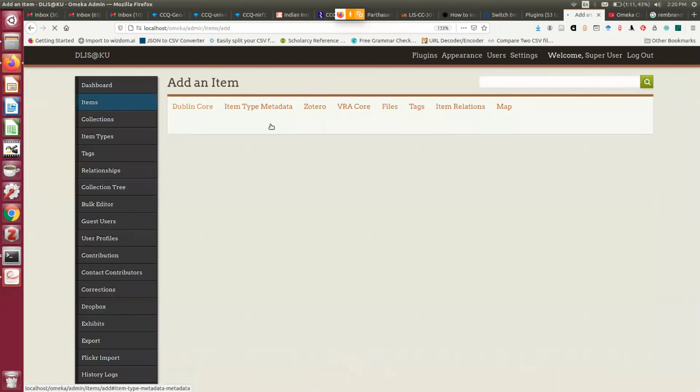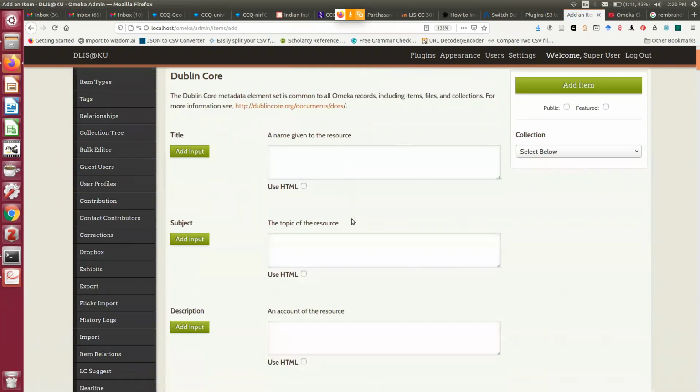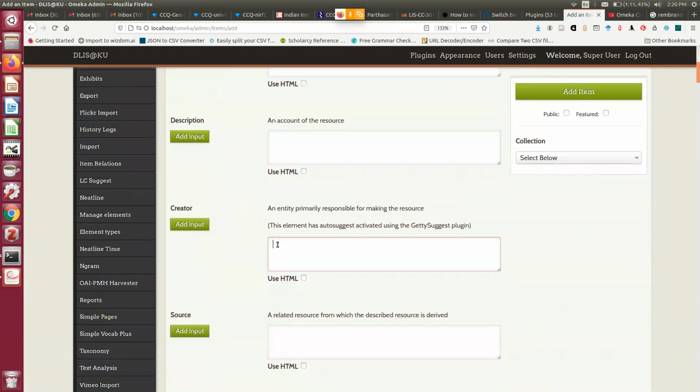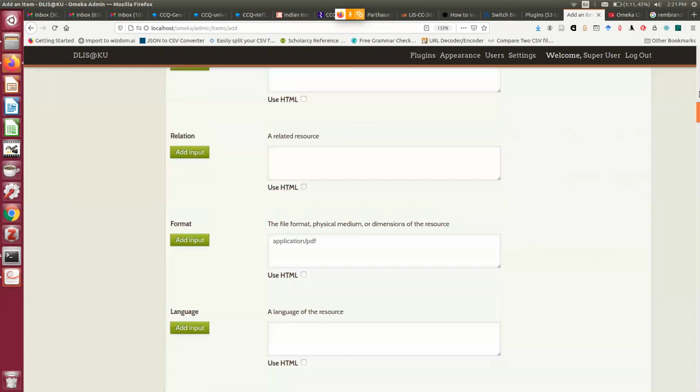So if I come to item again, add an item. Now Dublin core, DC dot creator. Now suppose I am searching by Picasso again. You see here also it is trying to make a query. Now finally it gives me two options because of upload. In this way it works here also. Maybe I am missing something. So today it's up to this one.